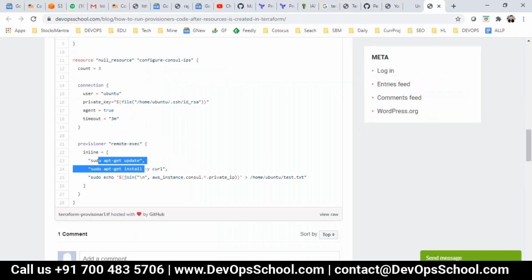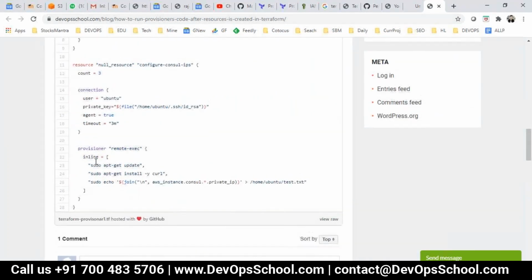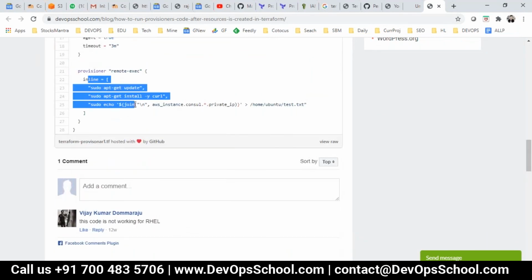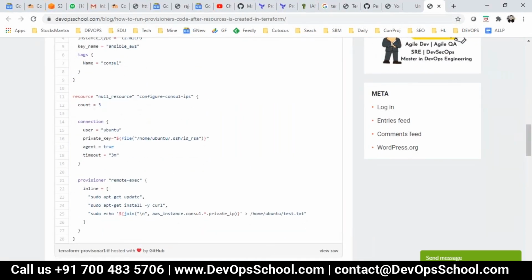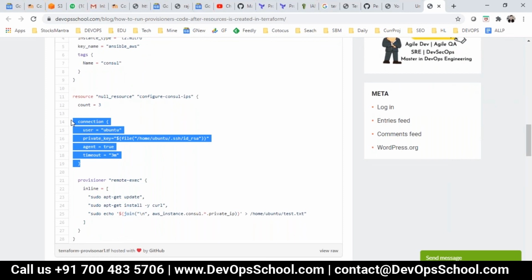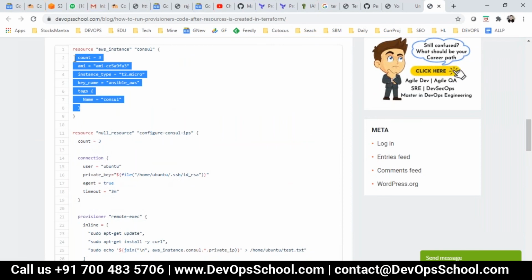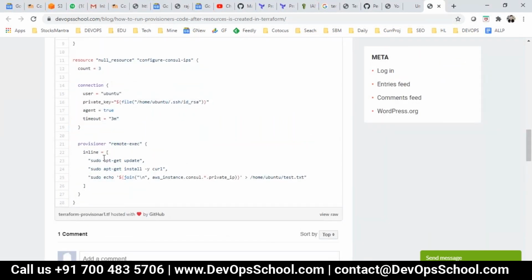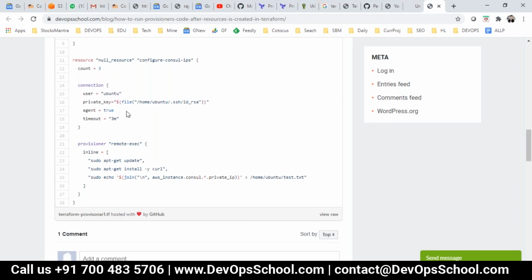If something goes wrong here, you will get frustrated, like every time it is destroying and creating, because ultimately Terraform wants your desired state to be maintained. So if something has not happened, it will recreate the infrastructure and redo the things. To avoid that, there's one resource called null resource. Using that you can log into the existing resource's connections and then make the changes in that. That way it will not be destroyed and recreated again and again. This is one of the tricks you can apply. See here, provisioner remote exec, these are the commands you can run, and these are the connection options. You have the key, username and password.